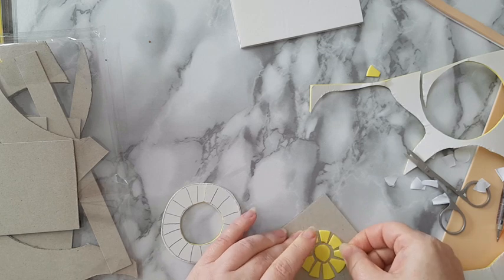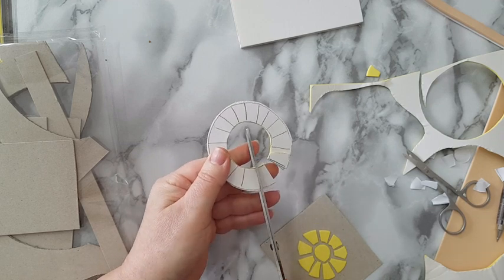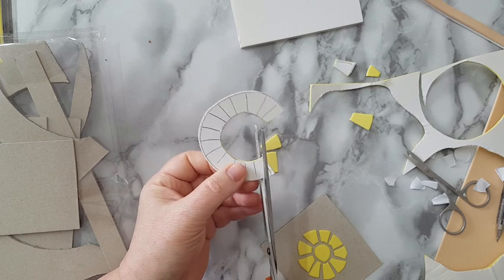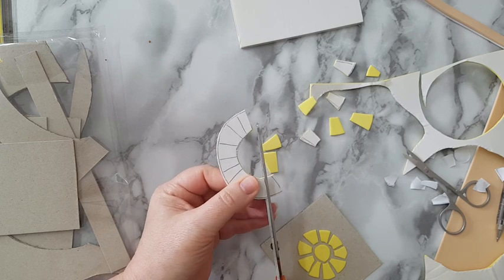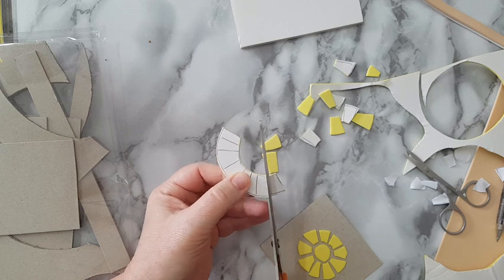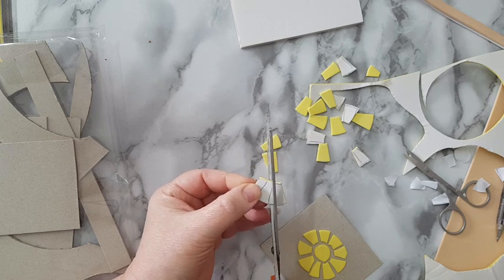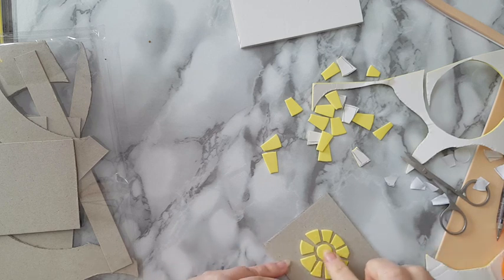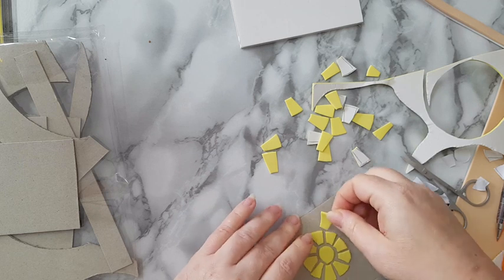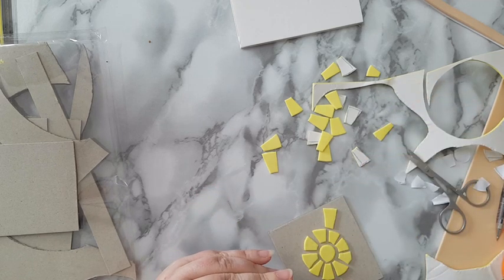Okay, moving on to the next. As you can see, I'm just eyeballing it. I'm going to do one that is smaller and one that is larger, the same way. The smaller one will probably only have the something like this, and I don't know, the larger, if I'll do more like circles,